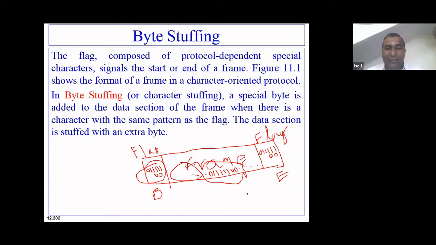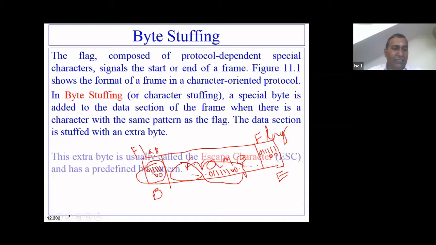That is very dangerous. So in this case, whenever data contains a bit pattern the same as that of the flag, it goes for additional byte stuffing. This extra byte is generally called the escape character.